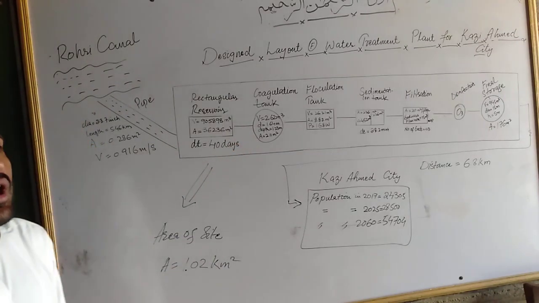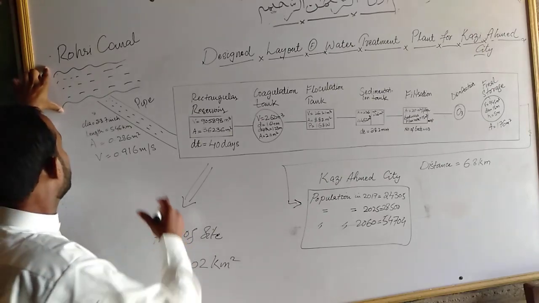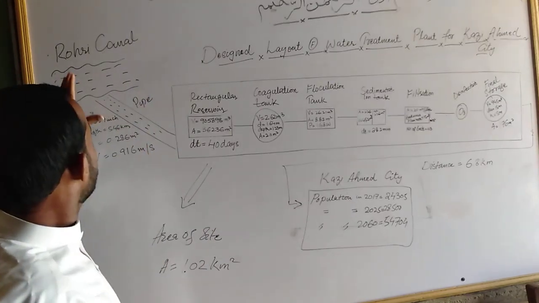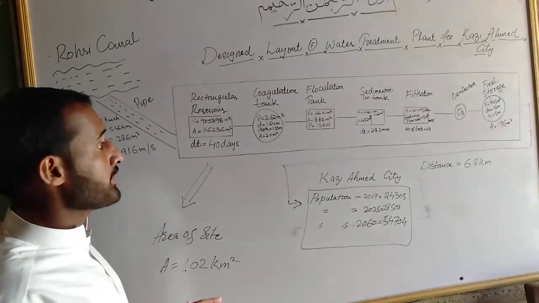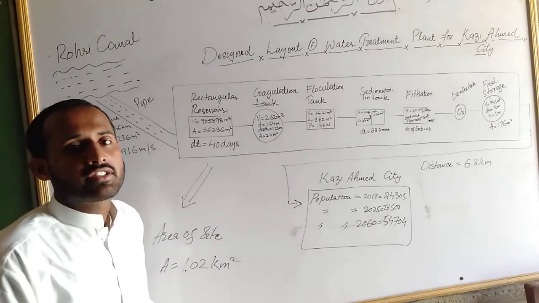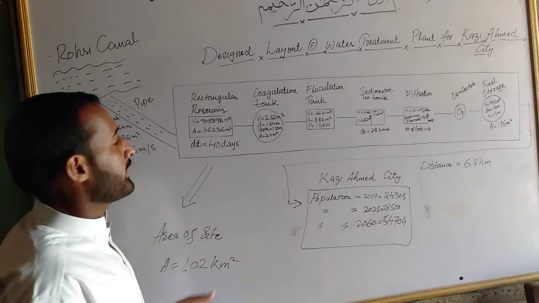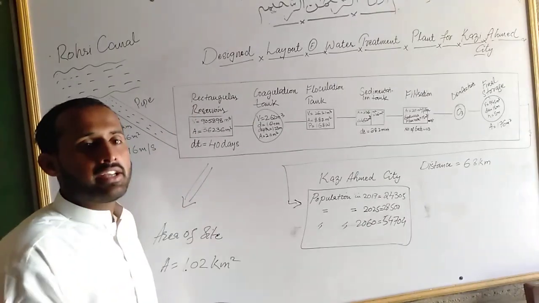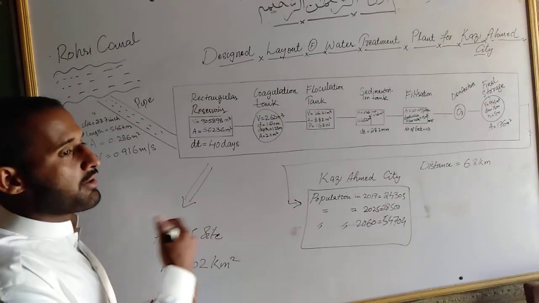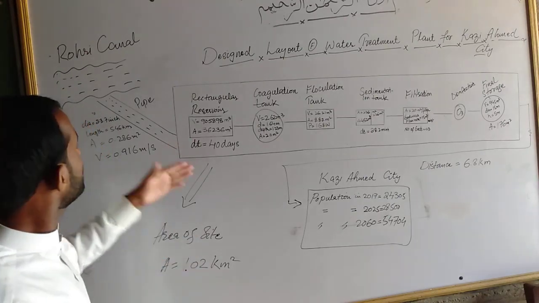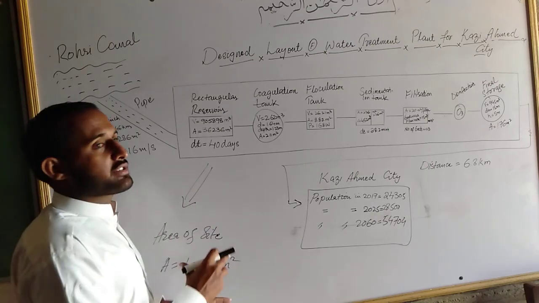The time for which we are going to store the water in this reservoir is 40 days. Why 40 days? Because this resource is not available across the year, and in winter season the supply to this reservoir is cut off for 30 days. It takes 5 days to reduce its level and reach its bottom dead level, and when it recharges again, it takes 5 days more. So 5 days before and 5 days after is 10 days, plus 30 days of no supply. Cumulatively it is 40 days.